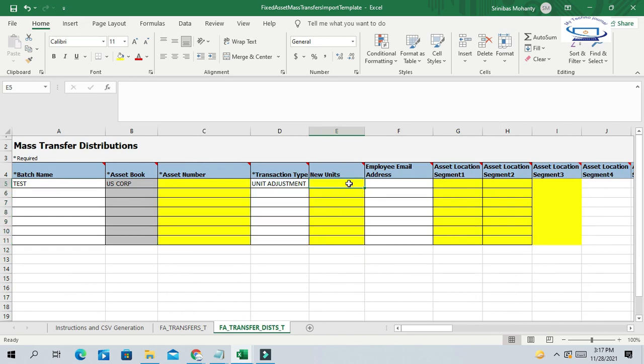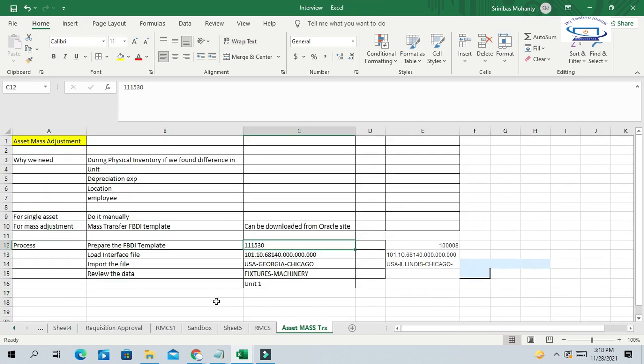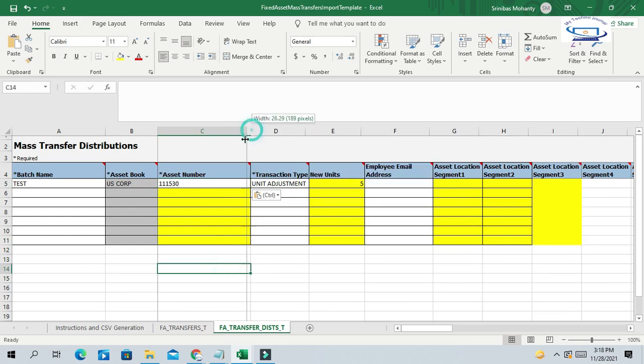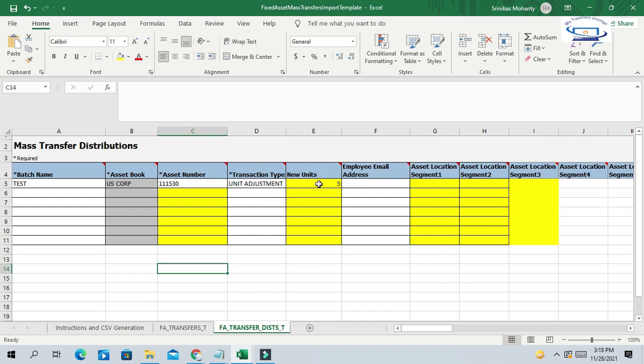New unit: the current unit is 1, but we are going to add, suppose, 5 new units, because for this particular asset number, in physical inventory there are extra 5 units available, so we are getting this difference. We want to adjust this difference against this asset in ERP.